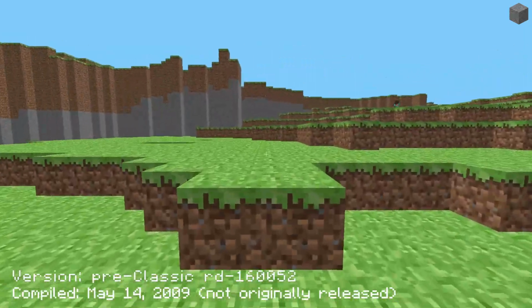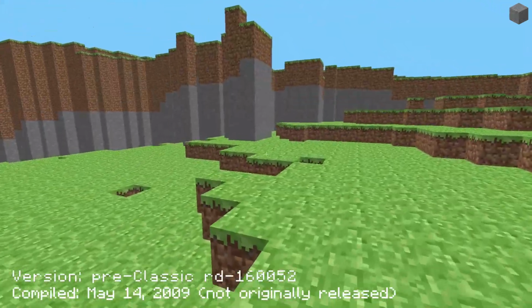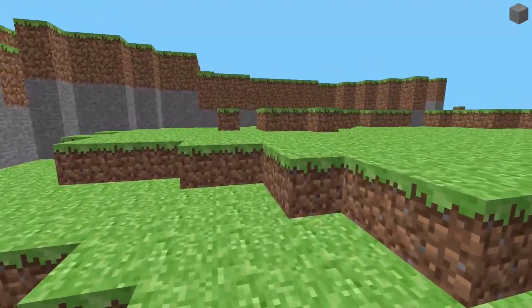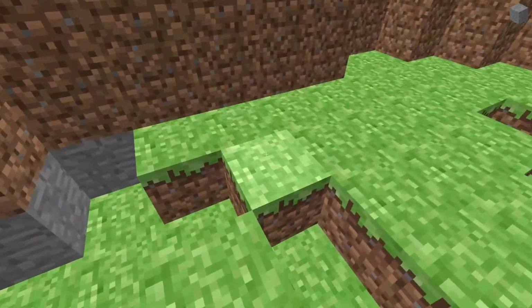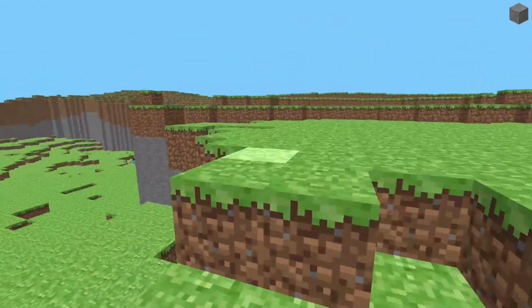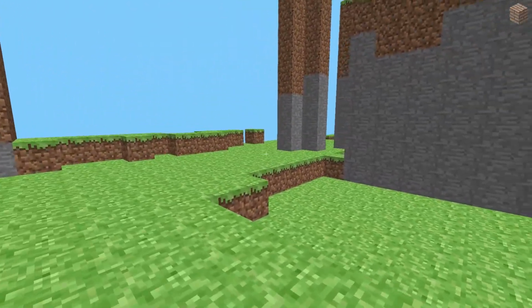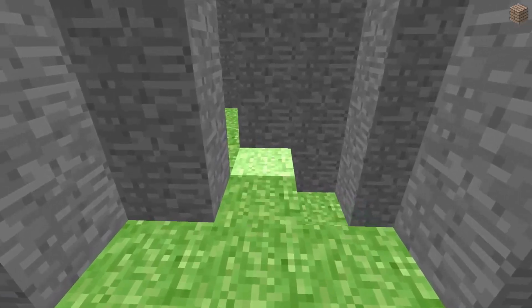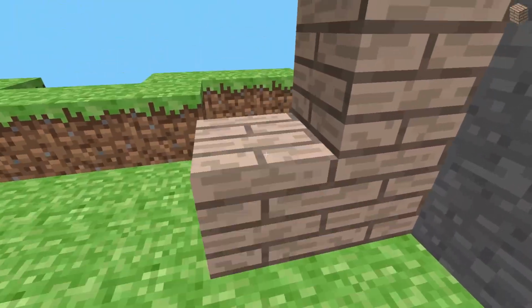Terrain! We made it to a version with an actual terrain generator. Welcome to episode 2 of Minecraft Through the Ages, where we just started a world in pre-classic RD160052, the first version with an actual terrain generator. The basic way that terrain will be generated all throughout the future versions of Minecraft, and in many other games,